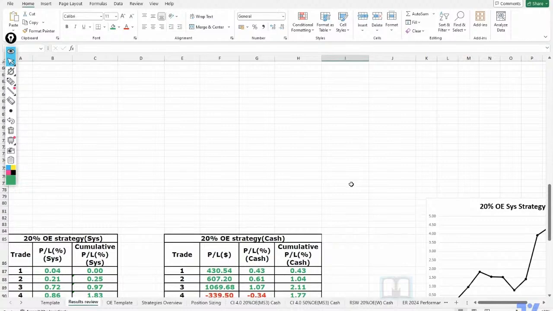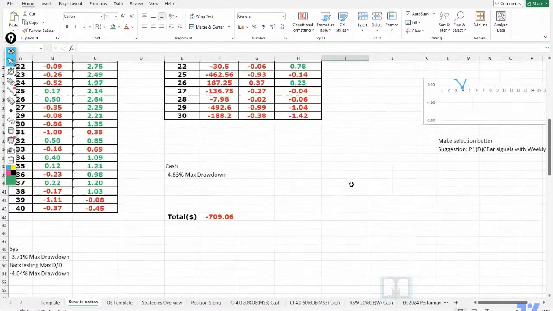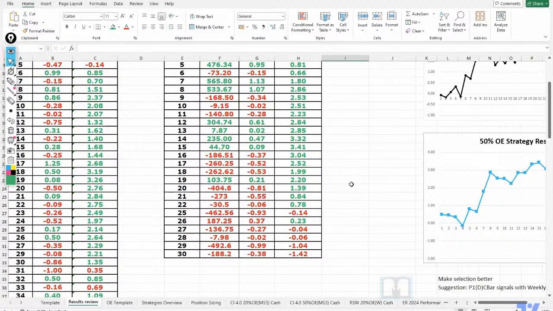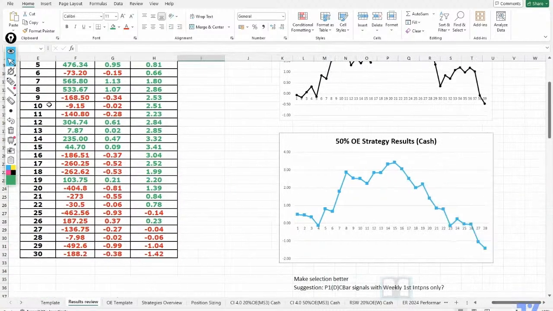However, on the 50% OE, because it's got a higher frequency on this particular strategy, how we do the performance review is that what we are seeing at the moment, look at this, this is what we do not want, isn't it? We had a steady increase, we took a little bit of a dip, and a nice curve, but then it started doing this, right? So it took out the last valley, and it even went down below the account balance, which is not what we want. So when you take a look at this, you start to think, oh man,